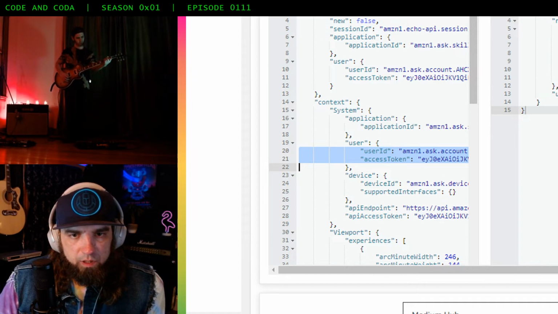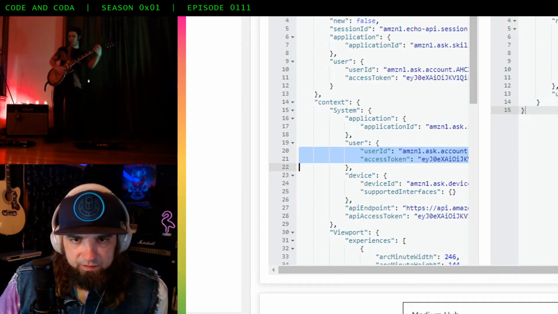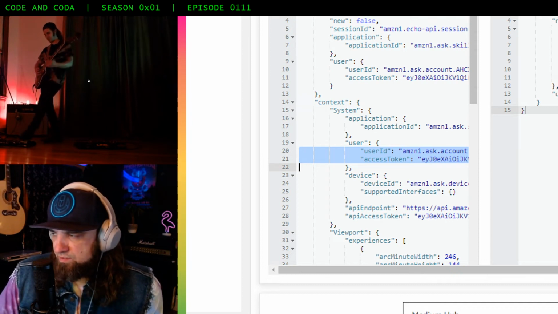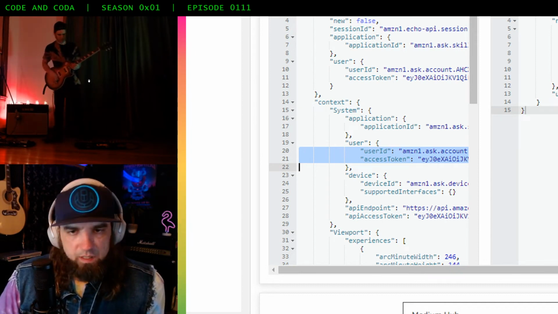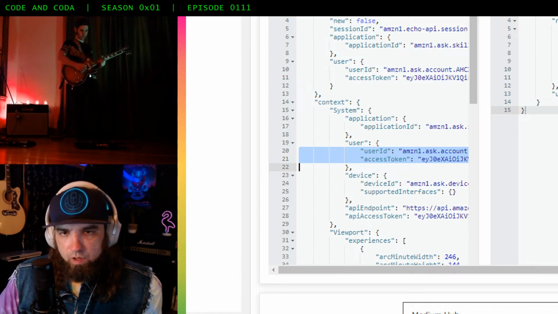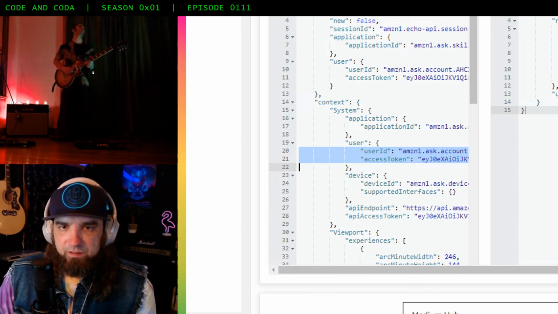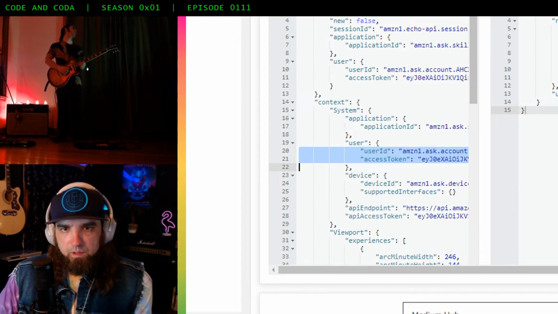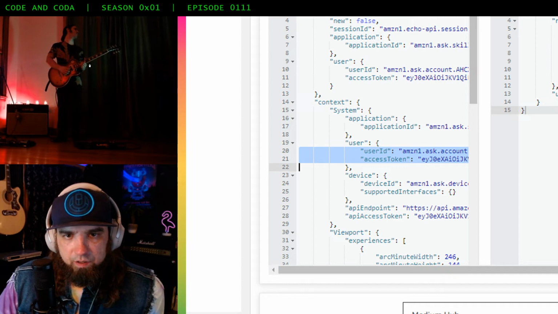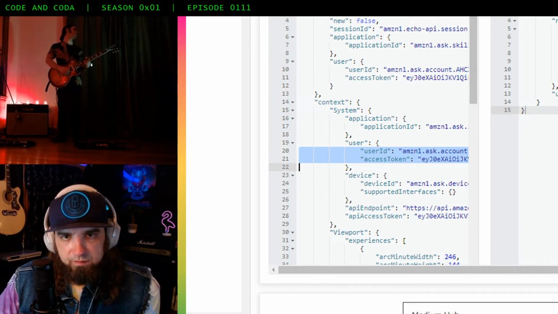Before we were using the API access token to access the Amazon Alexa servers to get the time zone of the device. Well, in this case, for Office 365 and Microsoft Graph, we're given a different access token. That access token is stored under the user property of the system object here.